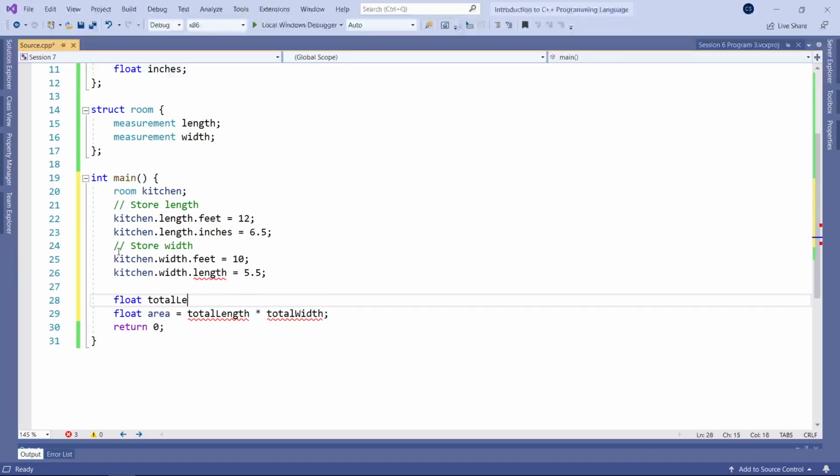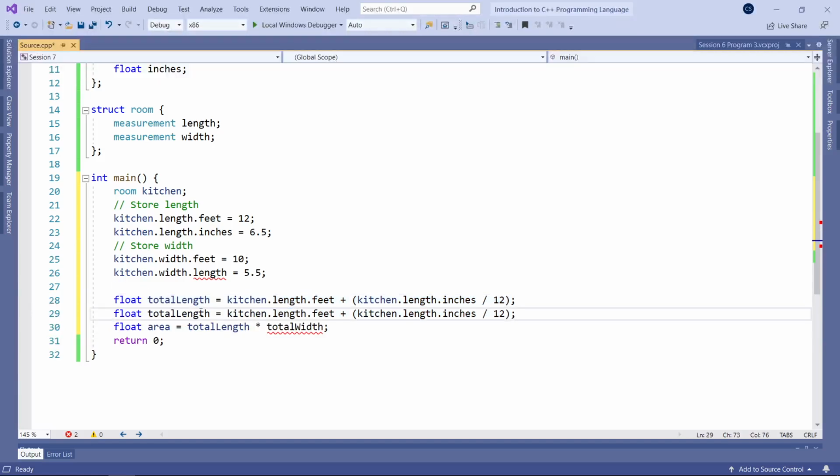Floats: total length is going to be equal to the kitchen length in feet plus kitchen length in inches. Of course, we have to translate inches to feet. 12 inches make up 1 foot. And then we do the same for the width. So let's replace that. Okay,